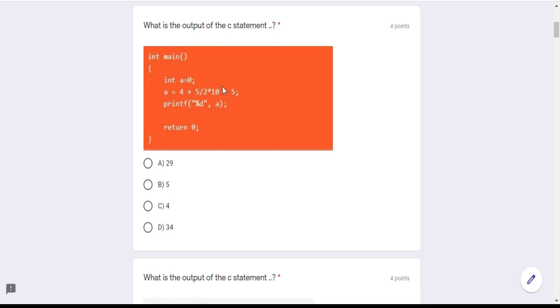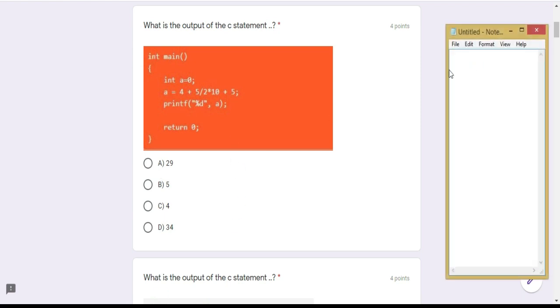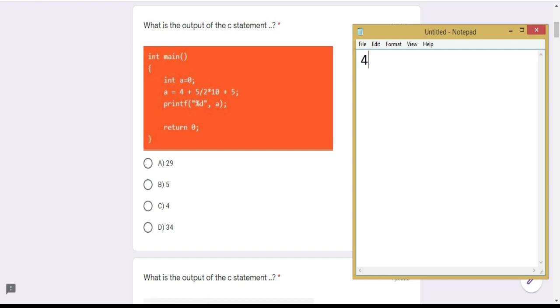This is the calculation to find the answer. 5 divided by 2 is 2.5, which is a fraction value, but here all the values are integers, so it will take the integer value alone from 2.5. So 2 is the integer value, then 2 star 10. So 4 plus 2.5 converted into 2, then star 10 plus 5, the result is 29 is the answer for this.